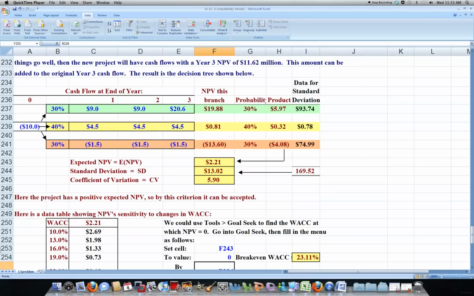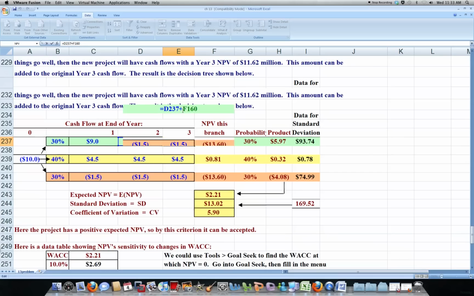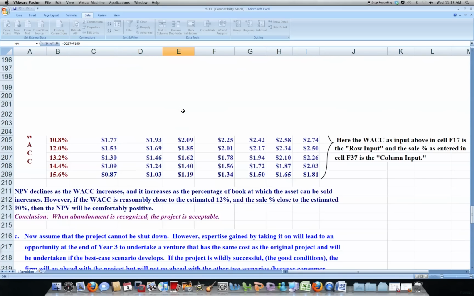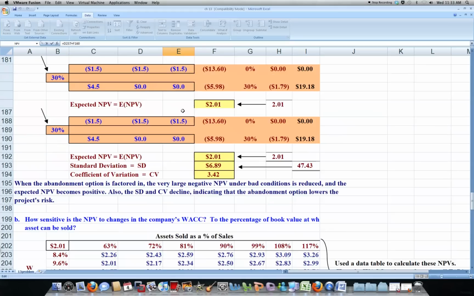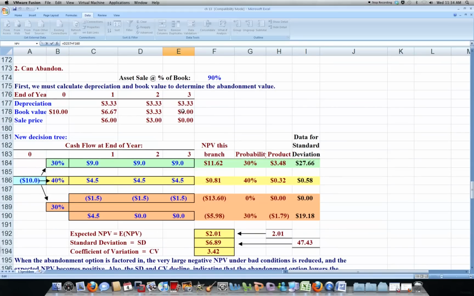Let's look at our tree here. We have our 10 million additional. If you look at these two, they're the same, right? They're the 4.5 million each at a 40% and negative 1.5 million in the bad scenario. Now, if the good scenario happens, we get our 9 million. Now, in this third year, we're going to get our 9 million, our D, which is this D237 plus this. We're going to get is actually the NPV from up here from our original